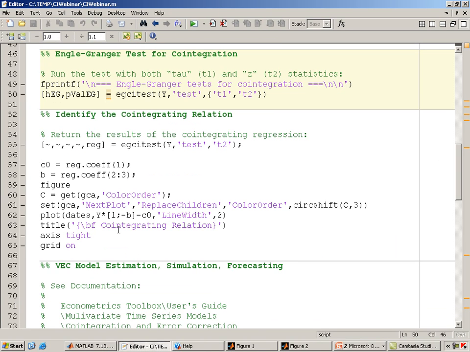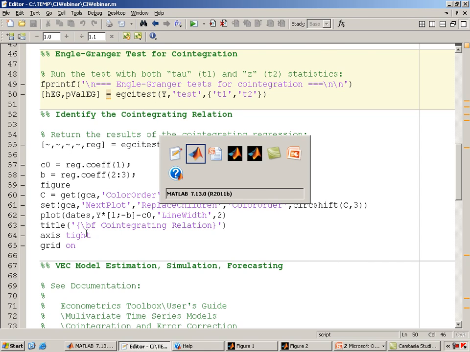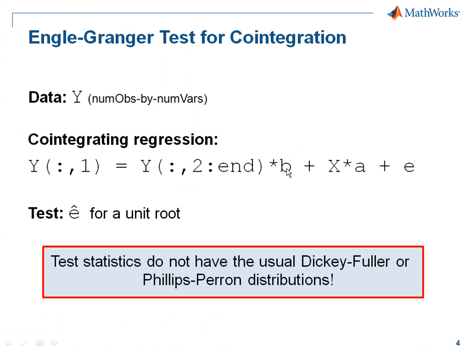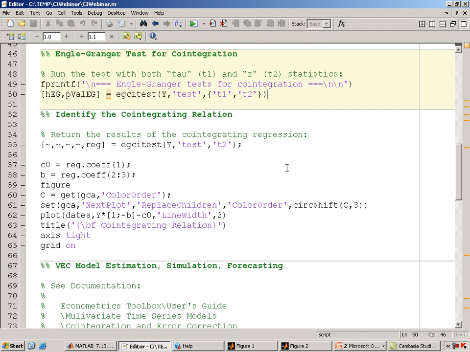Now, once you've determined that there might be cointegration among the variables, you might want to actually look at what the relationship is. We can just pull out that vector of regression coefficients b that we saw earlier on the slide here, this coefficient b from the regression, which is performed by egcitest. That's available in an optional fifth output argument from egcitest here. We can just pull it out and then pull out the intercept and the regression coefficients here. And then I can form the linear combination in the regression, and I can plot it. So if I just go ahead and I do all of this,